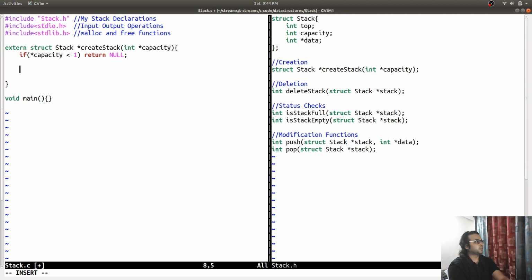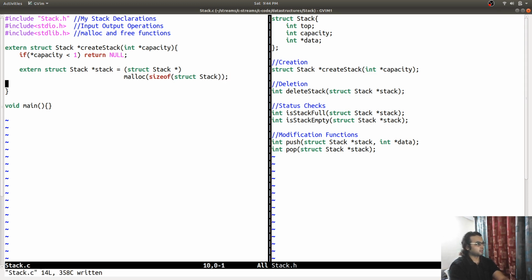If capacity is less than 1, then return null. Then we are going to have a memory allocation of size of struct stack. This is better.